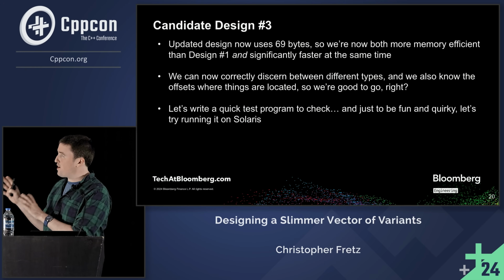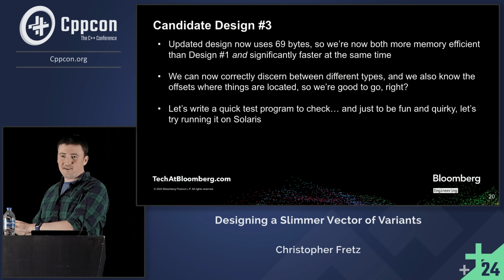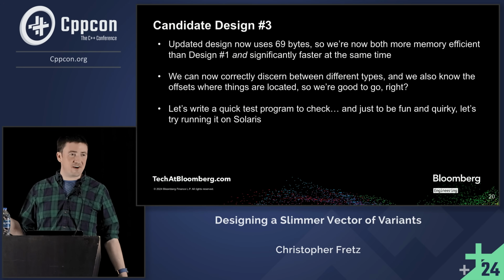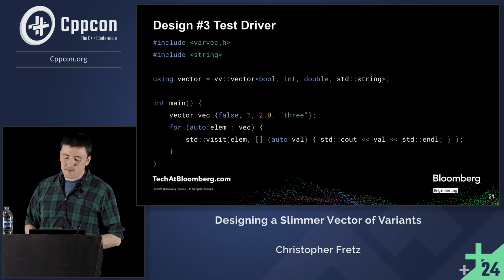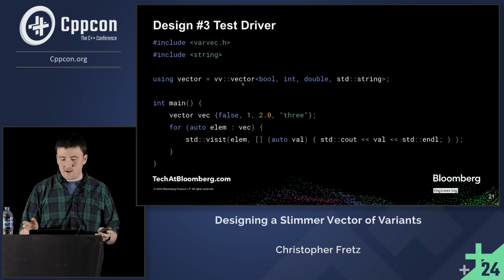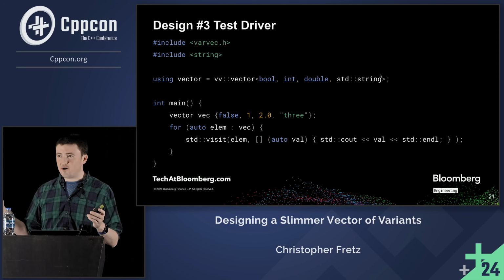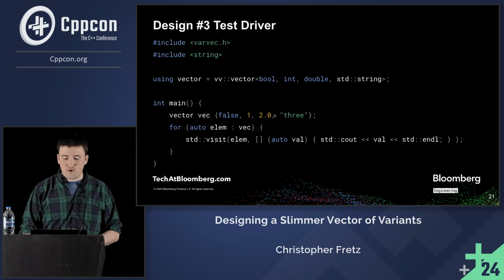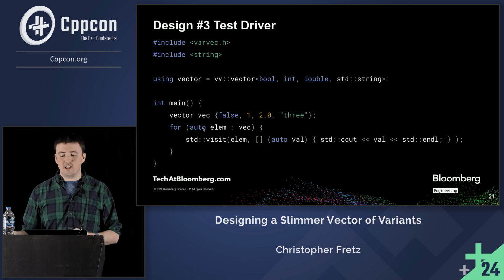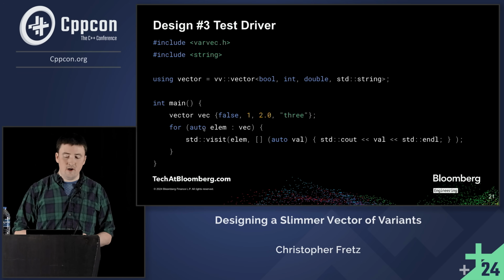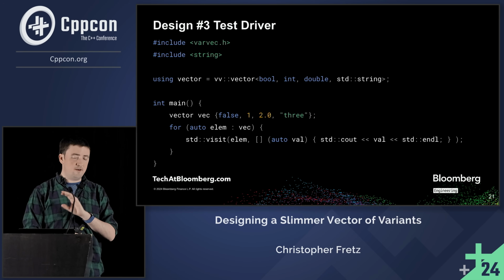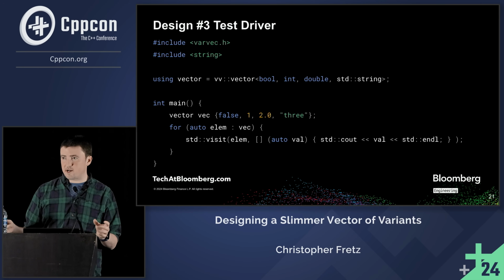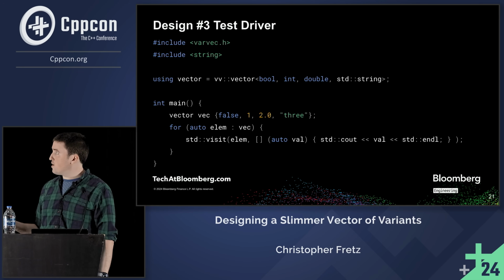And this is perhaps a little bit more contrived outside of Bloomberg, but just for the fun of it, let's try running it on Solaris and see what happens. So let's take this example program here. We have our VV vector type up here, parameterized by all the different types we're trying to store. We just put the same values in here, and then we just iterate over this thing, visit each one, and just try to print it out. And since we're using standard cout, we should expect to see 0, 1, 2.0, and 3 come out of this program. And if we try to run it,